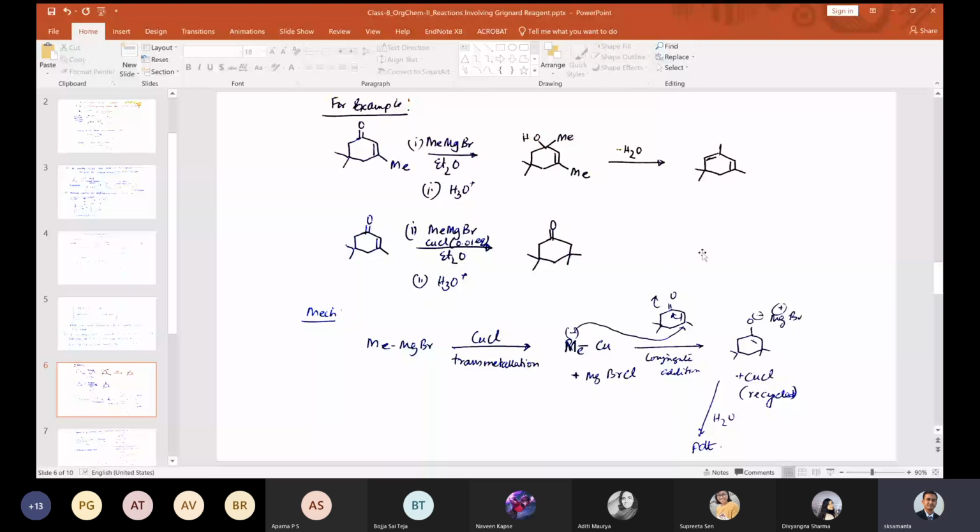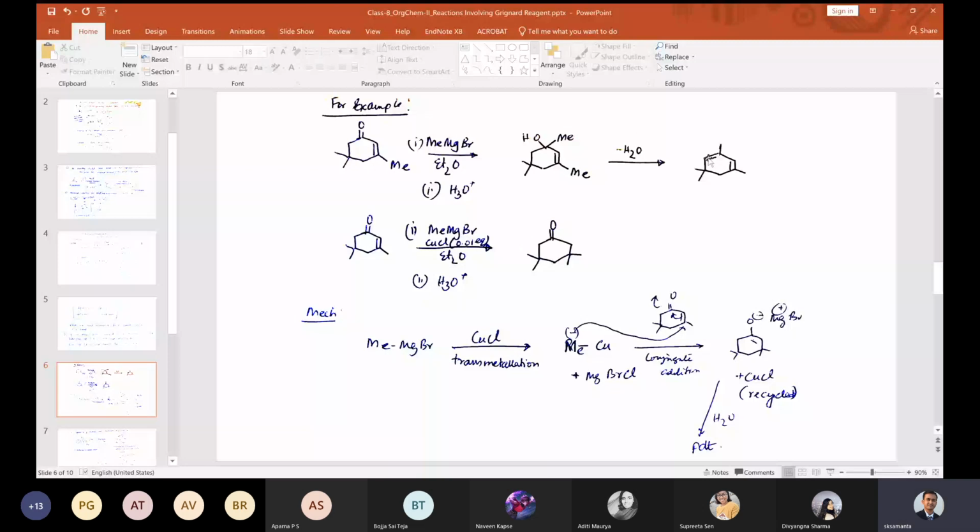You take this molecule, and you take methyl magnesium bromide in ether. As I said, in this molecule this carbon center is a hard center, and methyl magnesium bromide is a hard nucleophile, so hard combination will take place. So methyl will attack this carbon. Now you acidify it, so it forms OH. If you have suitable conditions like acidification and heat, then you have dehydration to form this double bond here. So this compound will be formed finally.